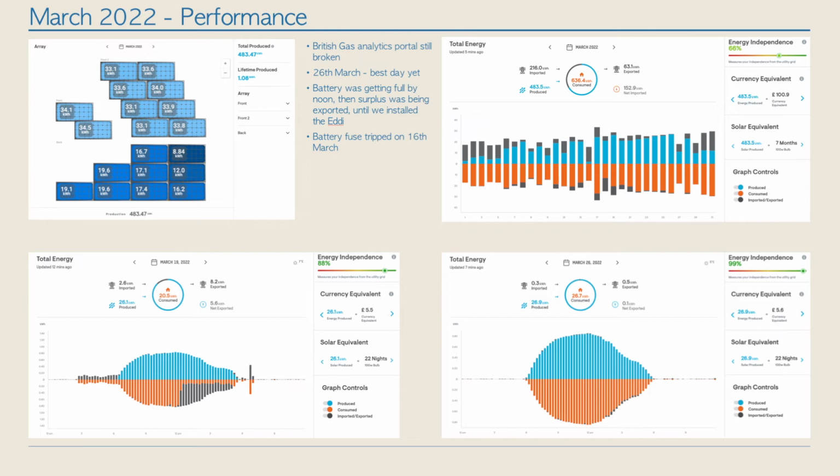Our battery can only discharge at 3 kilowatts. So if the house is demanding more than that, if you've got the oven on and the kettle, or 2 ovens on, something like that, you're going to be asking for more than 3 kilowatts at a moment. And so in our case, we must have been doing that, and the extra was being requested from the grid. So that's why you see a spike there on those couple of segments. And then for the rest of the night, we didn't draw anything else from the grid because the battery was